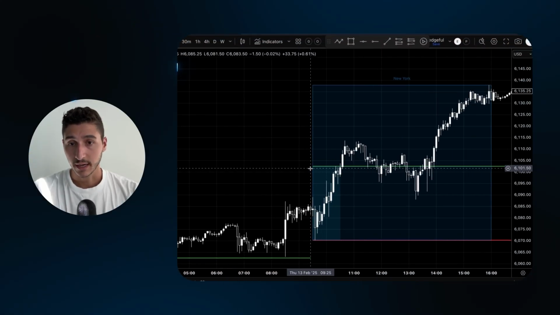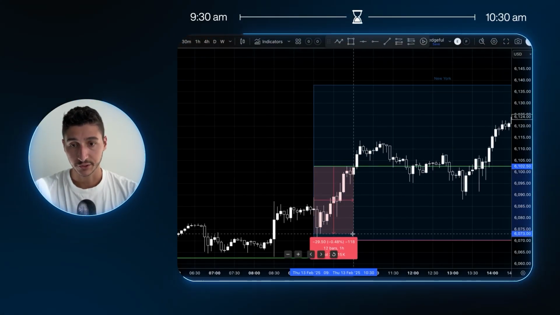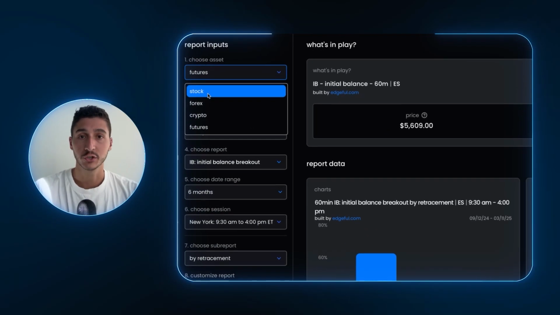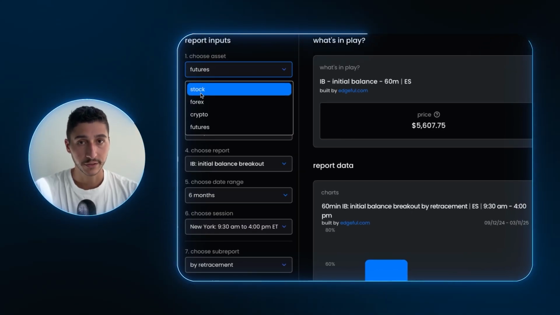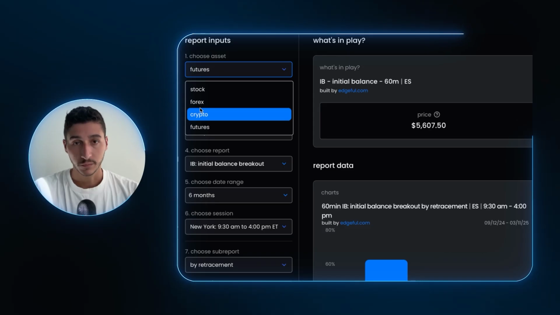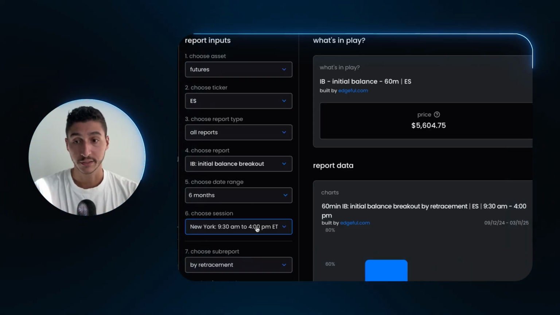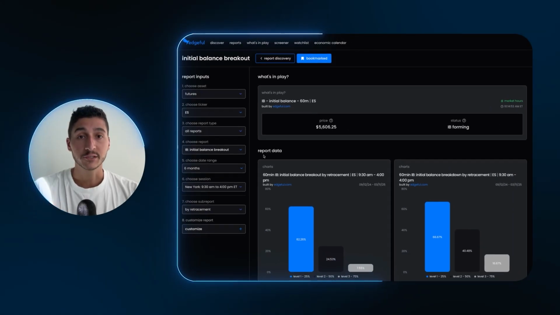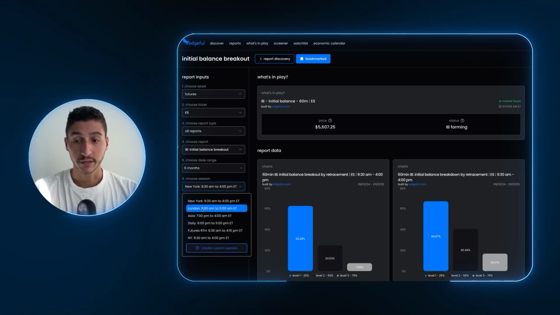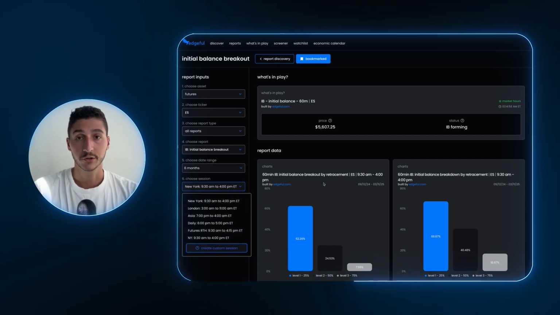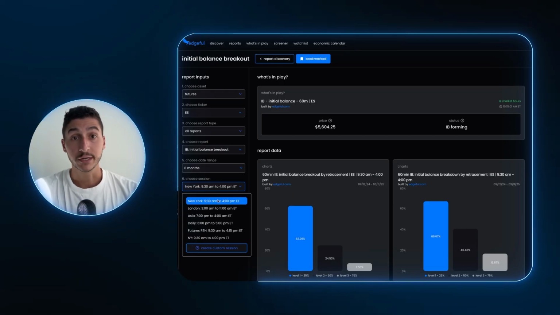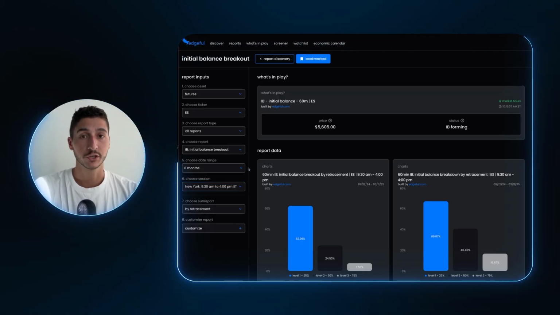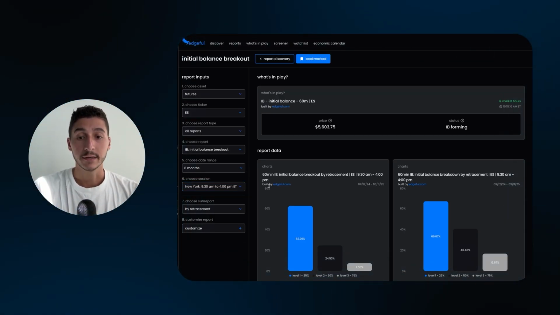So you can see that the high and the low here is the first hour of the session from 9:30 to 10:30. If you're using stocks, it's 9:30 to 10:30. If you're using Forex, it's 9:30 to 10:30 for all the sessions. Now, if you change the session to the London session, that's where everything is going to start to shift because the London session starts at 3 a.m. and this initial bounce goes for the first hour. So it will be from 3 to 4 a.m. If you use Asia, it's from 7 to 8 p.m. So it's really important. It's always just anchored to the first hour, and it is the high and the low